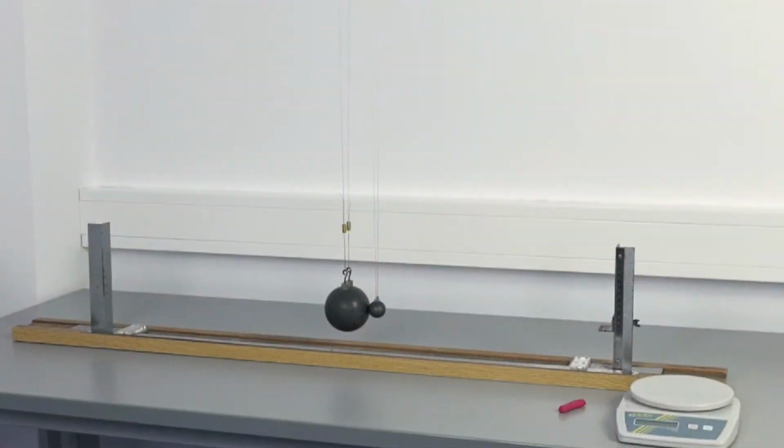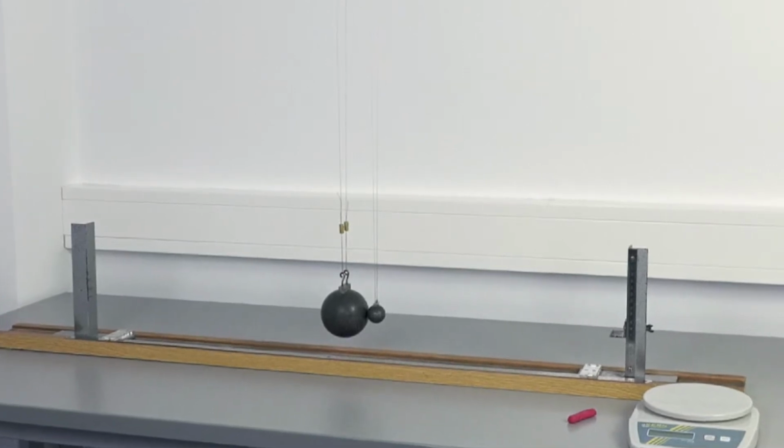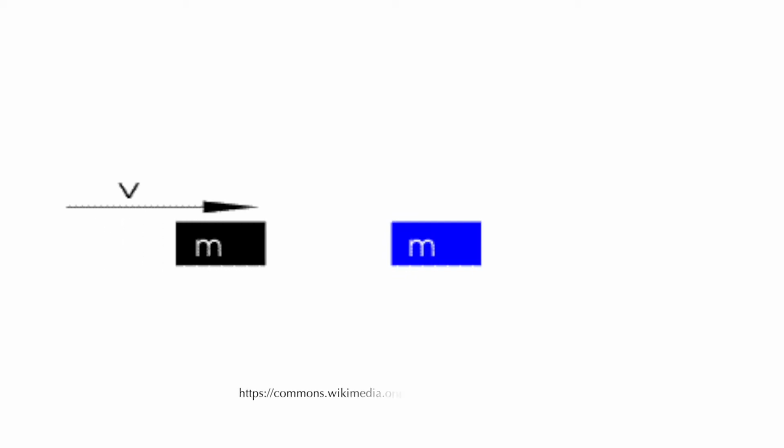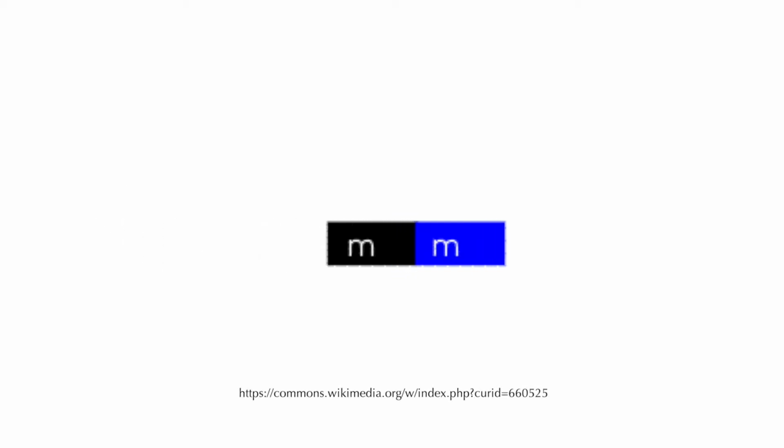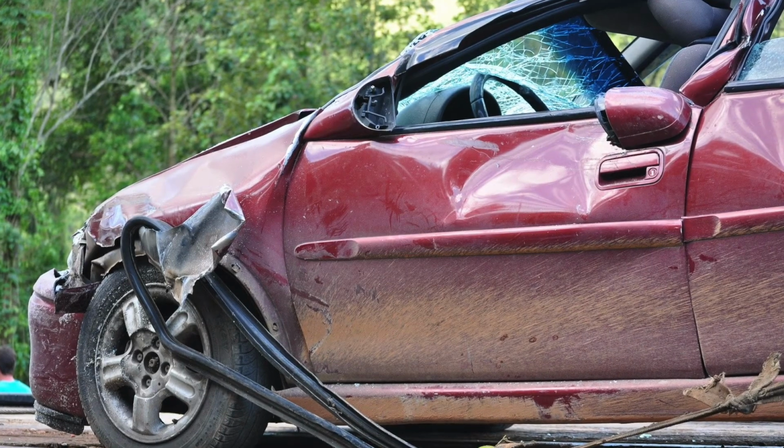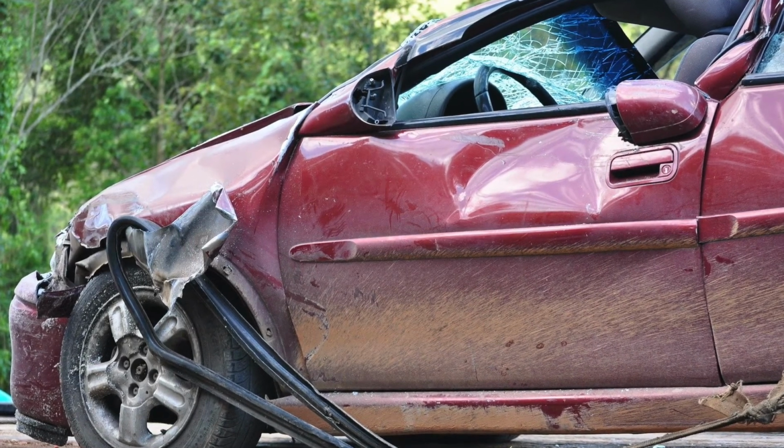In this experiment, the basics of inelastic collisions are studied using the example of a pendulum. In inelastic collisions of two bodies, part of the available energy is converted into internal energy of the bodies. This can happen by heating or deforming the bodies. For example, the car body damage in a collision of vehicles.